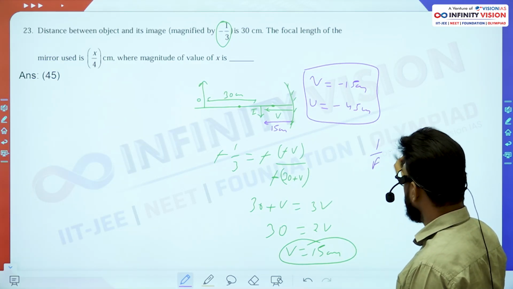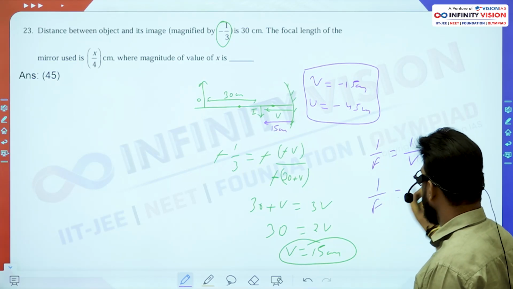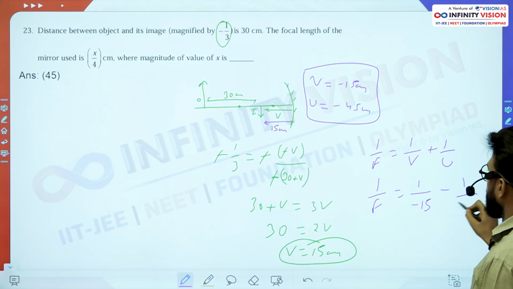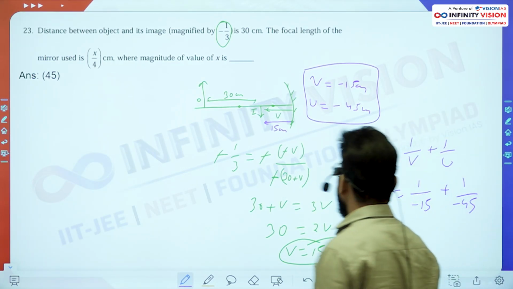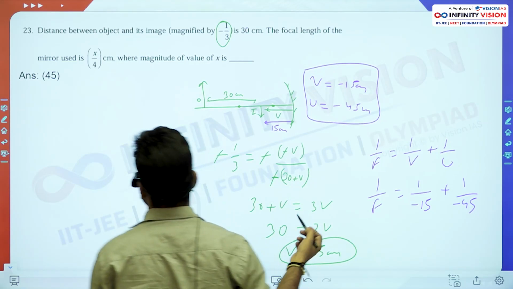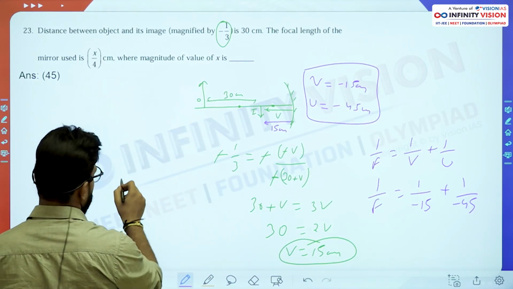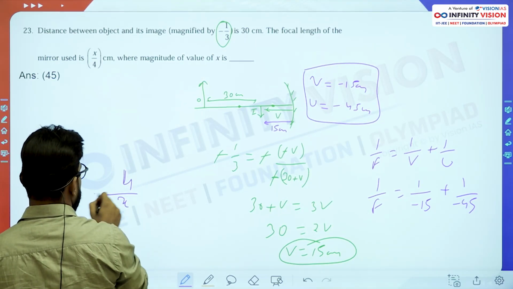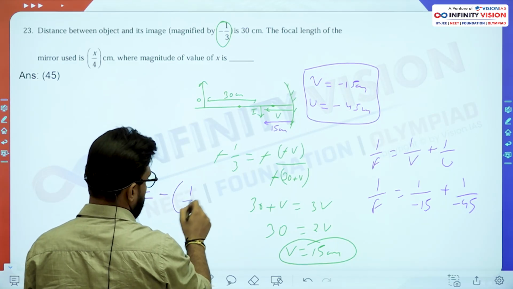So 1 upon F is equal to 1 upon V plus 1 upon U. V comes out to be minus 15 and U comes out to be minus 45. And focal length again would be negative since it is a concave mirror, so 1 upon F, F is nothing but x by 4. It has to be negative. So minus